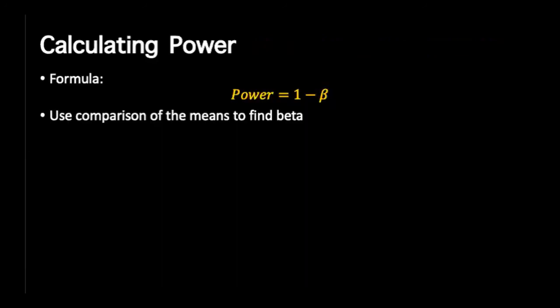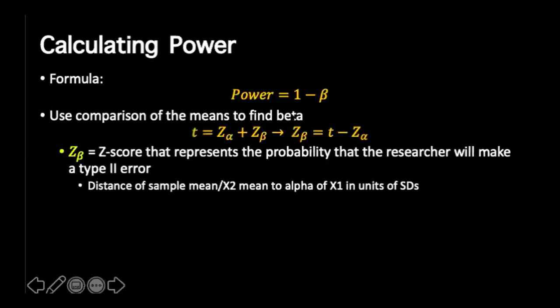So that's a very complex graphical representation. But when you actually do the sample size calculations, hopefully the integration of that graph makes sense with your processes. So generally, again, power is going to be 1 minus beta. Again, we use the comparisons of the means to find what z beta actually is, right? And this is, again, the z-score that represents the probability the researcher will make a type 2 error, right? Because it's the area to the left of the curve. So we want to usually keep this at about 20%, where we have a power of 80%,